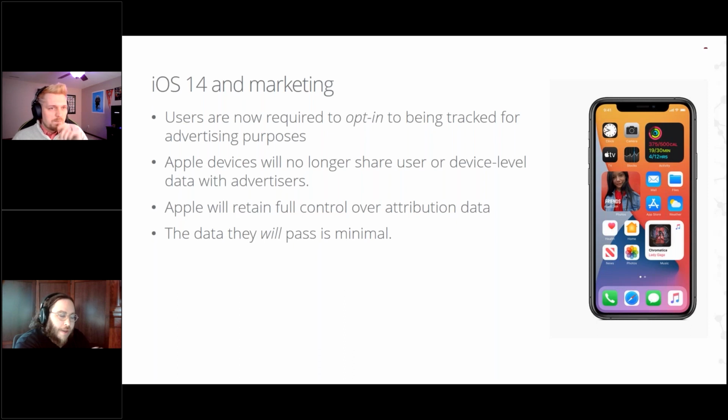Yeah, absolutely. So for those who haven't heard this, it's been a pretty big talking point in digital marketing for the past month or so. Essentially, in the latest iOS 14 update, I believe it's 14.5, which started rolling out within the past few weeks, users are now required to opt into being tracked for advertising purposes. Whereas prior to this, if you could opt out at all, it was a feature that you had to dig into the settings and